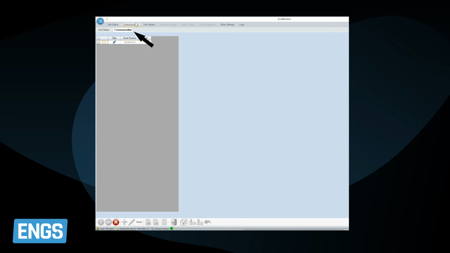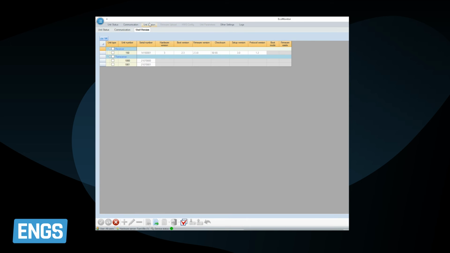Click on the communication header to view the communication card configuration. Click on the Read from Unit icon from the toolbar to verify that the communication card port is open. Then, click on the Unit Version tab to view the components that you have configured. To verify that each unit you have configured is responding, select the unit from the unit version table and click on the Read button from the toolbar. The unit details will appear, and you will see a green check for firmware exists. If the unit is not responding, an alert will appear in the result column.